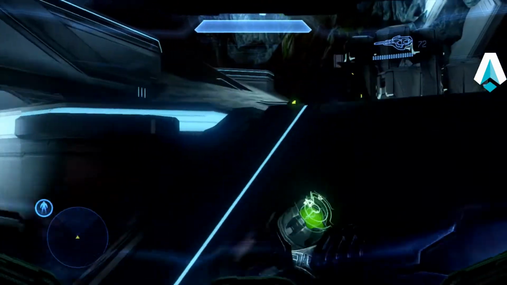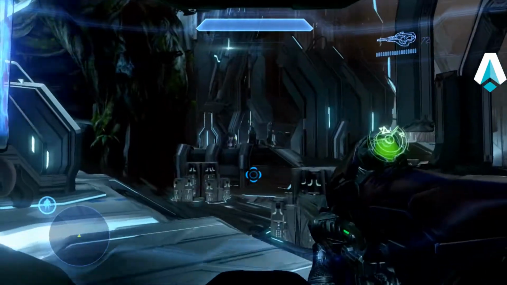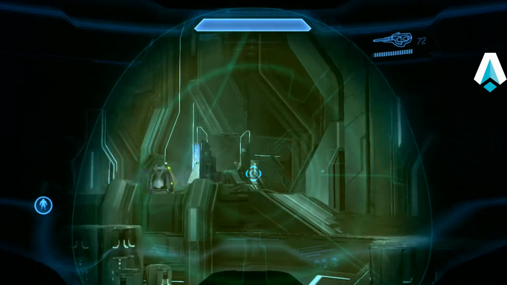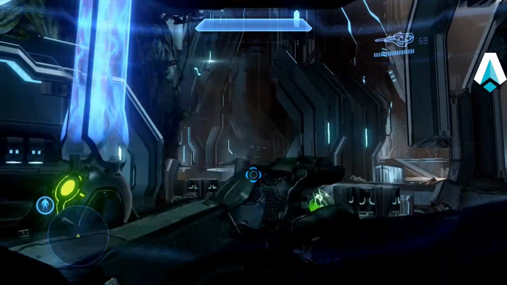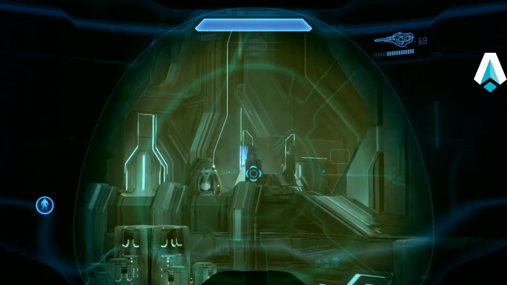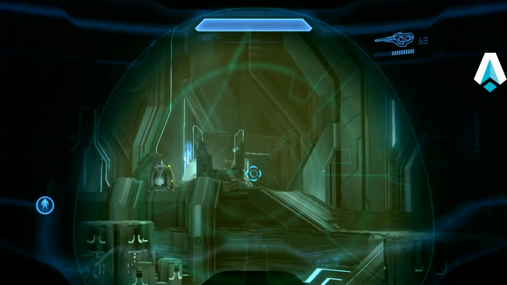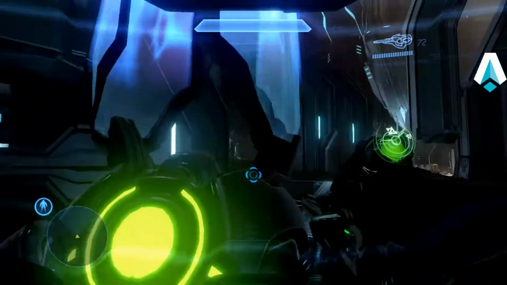Come back over here to the other side. What I was hoping to do was, by firing at him, drive him over to the left and drive him into a post where I could sneak up on him and backsmack him, but of course he's going the other way. He's not being cooperative at all. So I'm going to have to go to plan B